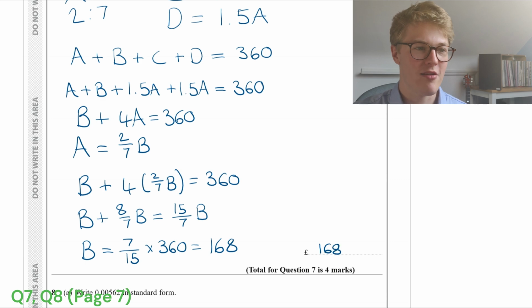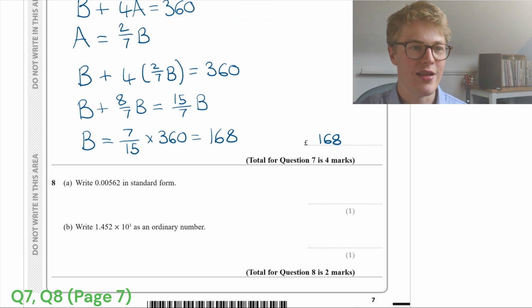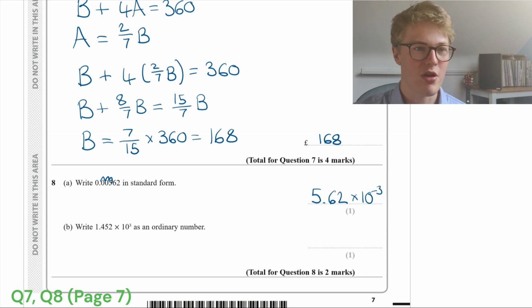Next, we need to write 0.00562 in standard form. So just think about how many decimal place movements we need to do to the right. In this case, it's 3, and we'd get 5.62 times 10 to the minus 3. And you can test this with your calculator if you're not sure. Next, we need to write 1.452 times 10 to the 3 as an ordinary number. So in the same way, we just move 3 to the right, and we know that it's going to be